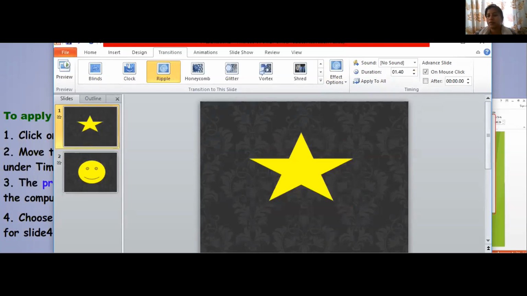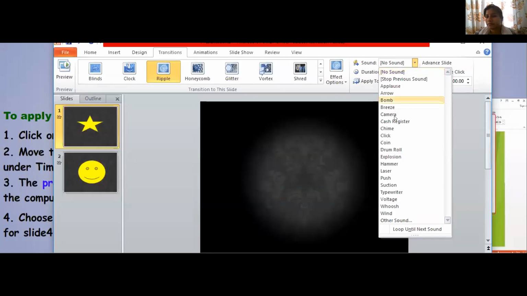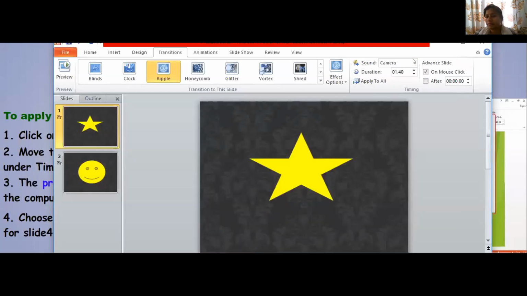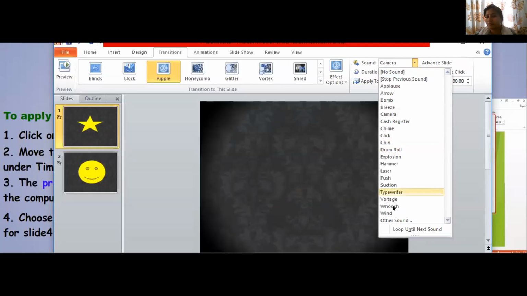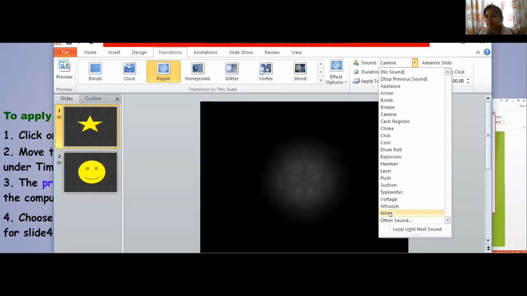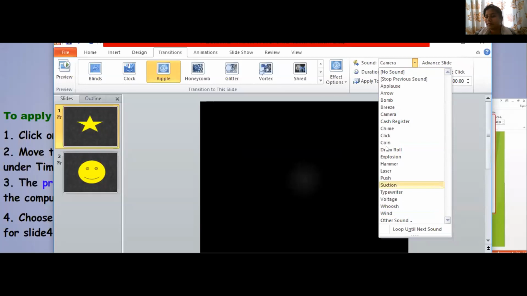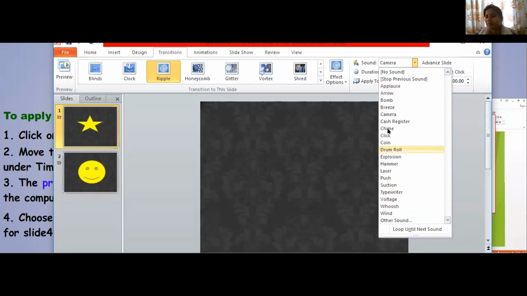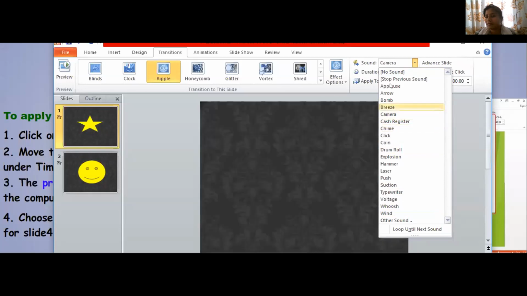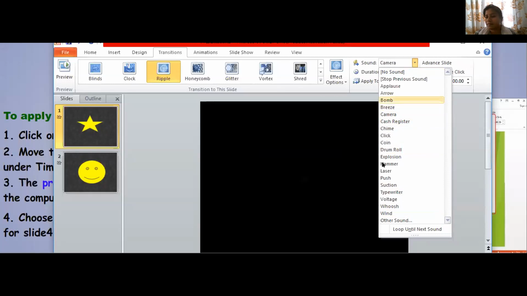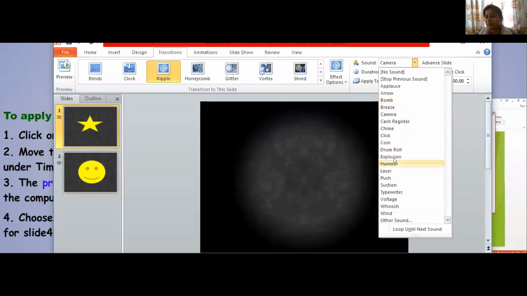Let's share computer sound. Let's see some.